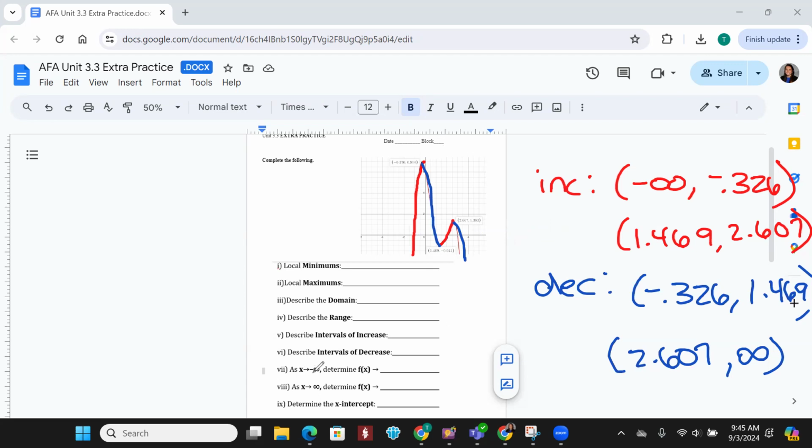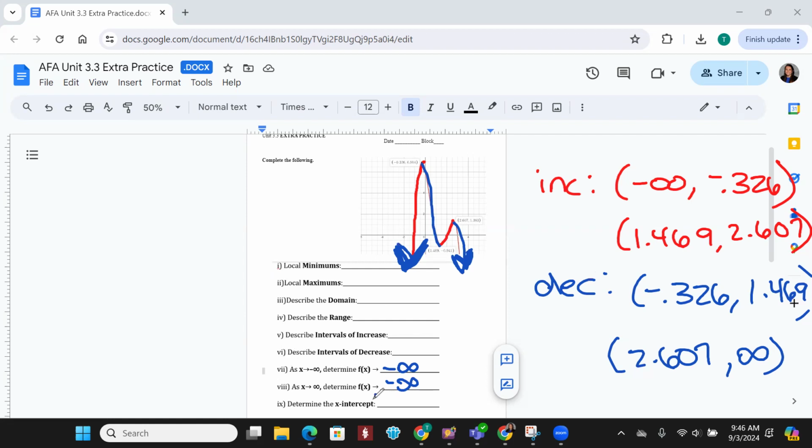All right, as x is going to negative infinity, what's happening to our y values? Negative infinity. What happens when we're going to the right? Okay, so these are either going to both be positive infinity or both be negative infinity. For your x-intercepts, how many are there? 4. Okay, so we've got